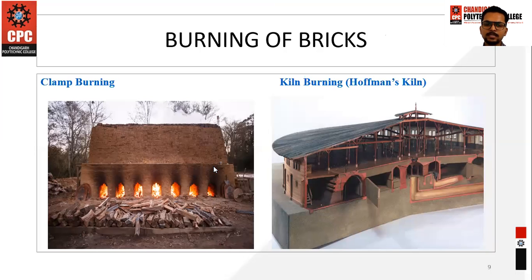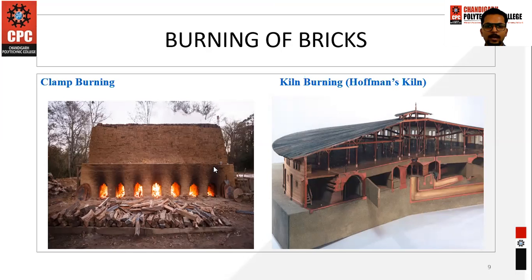Various types of kilns are available. This is an image of a Hoffman kiln. You can see there are a number of chambers in this type of kiln, and the top section is circular. There are a number of sections, and it has a circular plan. It is mostly above ground level, built upward from the ground level. The processes of drying, burning and cooling of bricks can be done simultaneously in a Hoffman kiln.